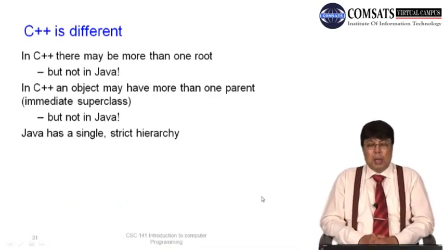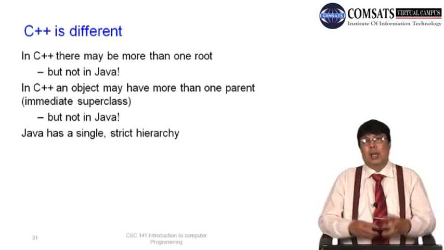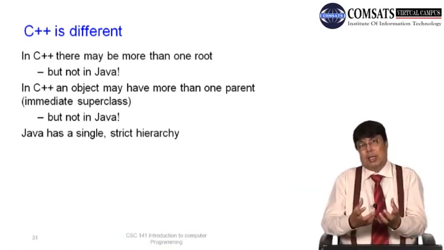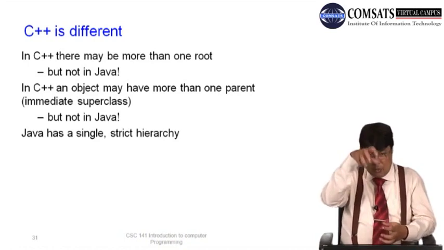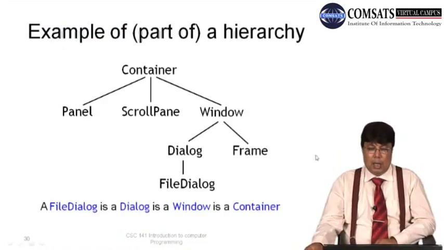In C++, there may be more than one root, but in Java there is always one root. That means C++ provides you a feature where you can inherit from multiple classes. So it's not just one root from where you can inherit. In this previous example, if it is Java, then it will inherit